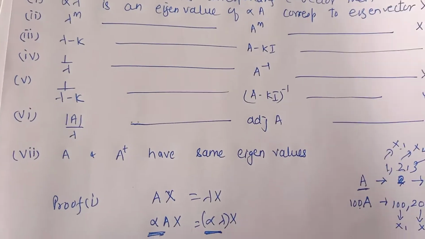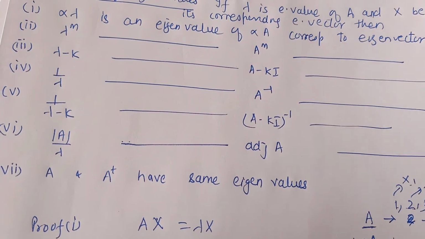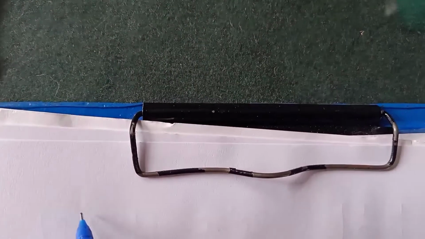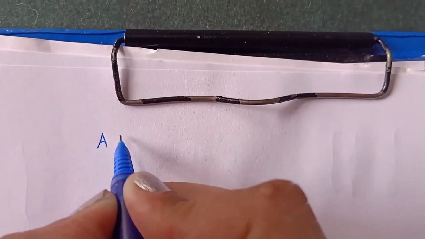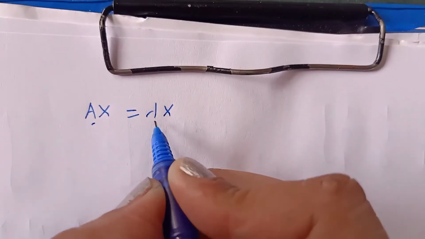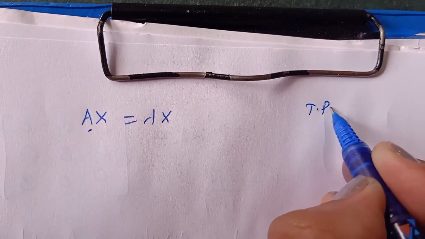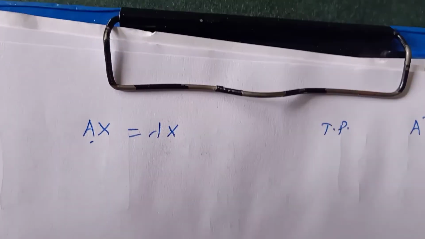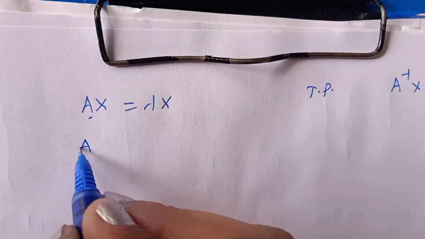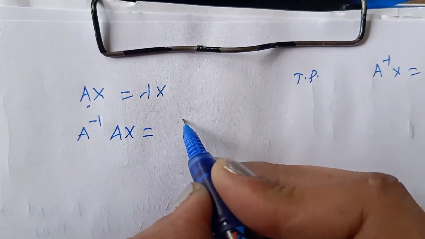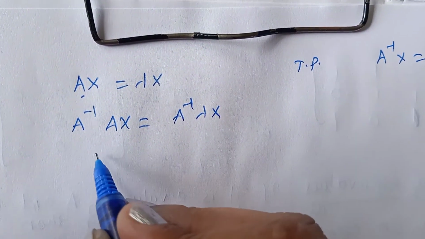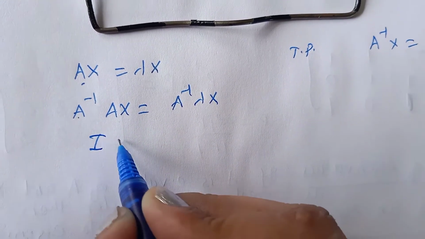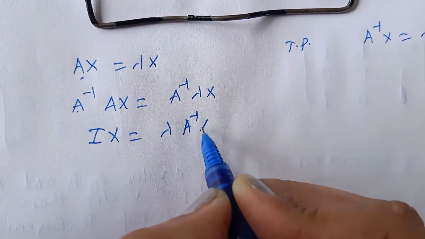So now to prove property number 4, that is, an eigenvalue of A inverse is 1 by lambda. So let us see. Let us take what we are given. We are given that an eigenvalue of A is lambda, and we are to prove that an eigenvalue of A inverse is lambda inverse. Alright, so we will pre-multiply both the sides by A inverse. So it will be A inverse into lambda x. Lambda is a scalar, it can go out. Now this A inverse into A will become I, and it is A inverse into x.